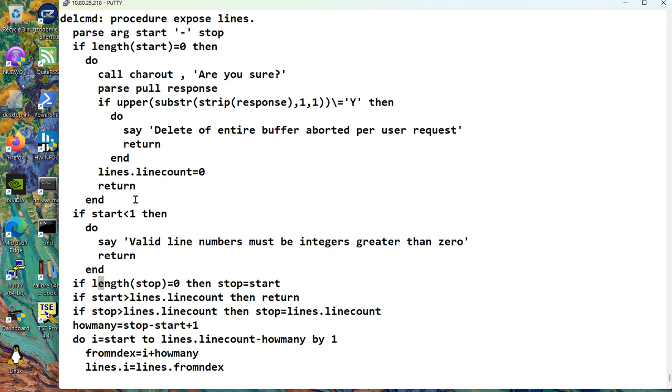That's 1. Okay, we check if start is less than 1, we say something and we return. If the length of stop is 0, stop is start. If start is greater than the number of lines that exist, we return. If start is greater than the last line, we return. If stop is greater than the last line, then stop is the last line. Okay, so